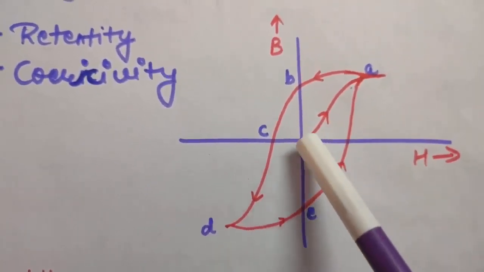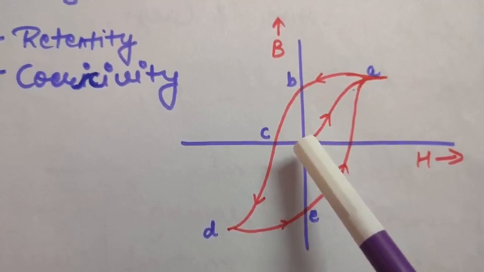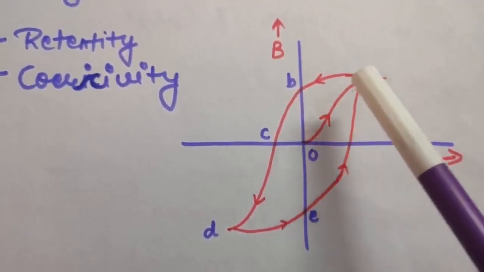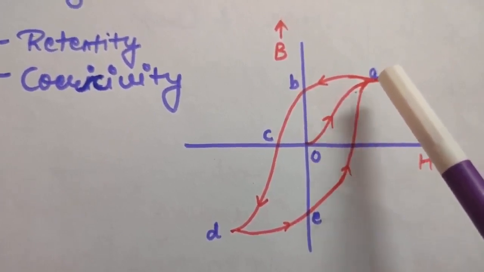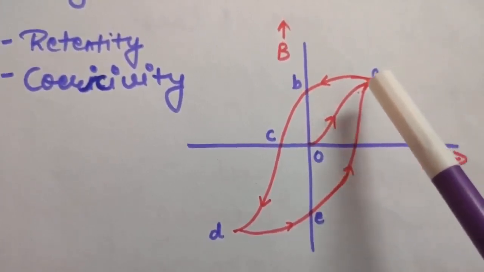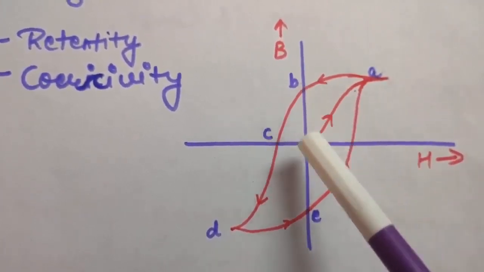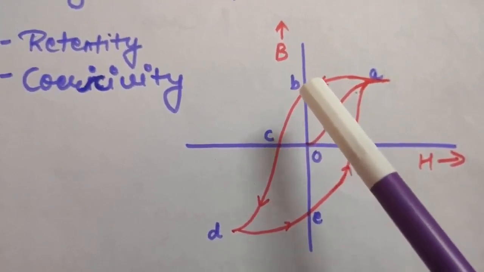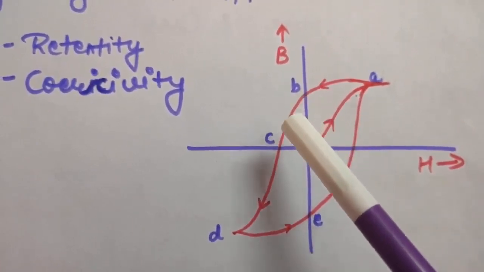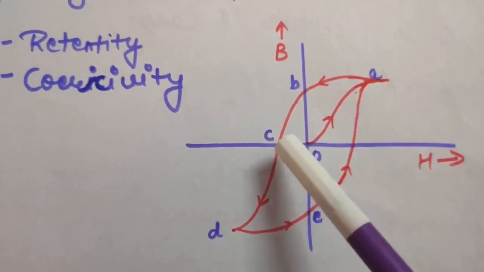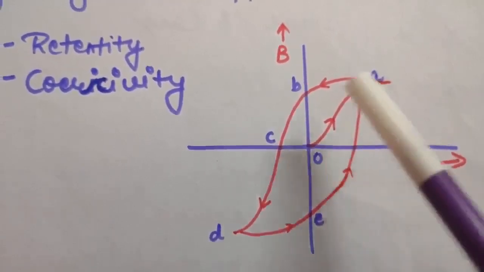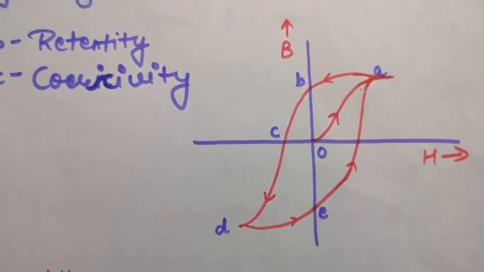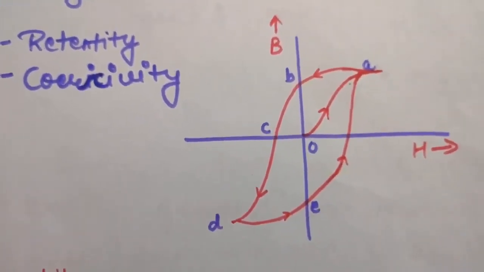Okay, so again I am repeating it. At this point B and H both are 0. Now if we increase the current, B and H will increase. At A all the domains will align in the direction of B, so magnetic field B will saturate. Then we decrease the current, we get retentivity. To reduce this retentivity to 0, we reverse the current and then increase it. That means this is coercivity, and then again we increase this reverse current. So we will get the same pattern again and again. So this is your hysteresis curve.